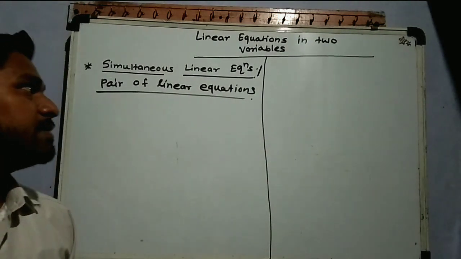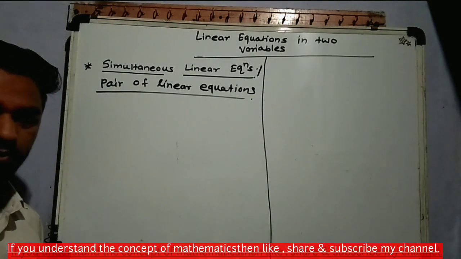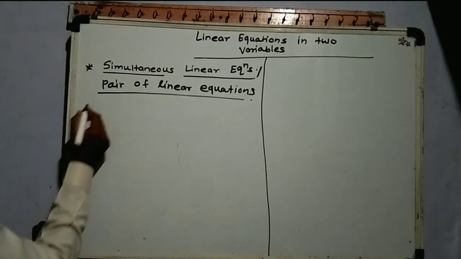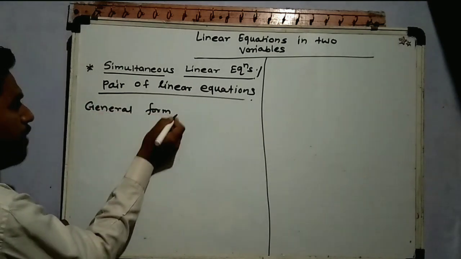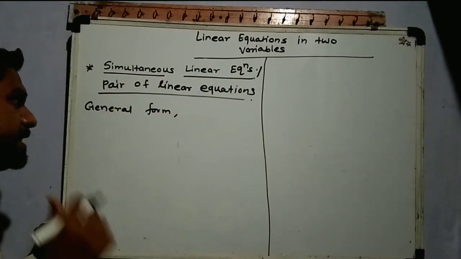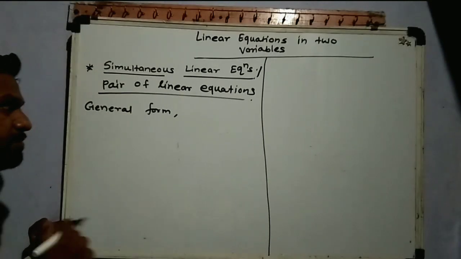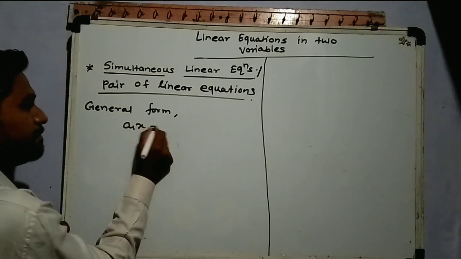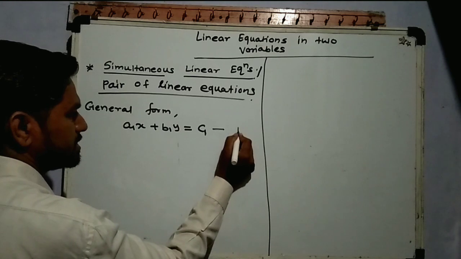Okay, so what is the general form of our linear equation? Our general form of linear equation having two variables is ax plus by is equal to c. But this simultaneous linear equation also has a general form. So see, the general form of simultaneous linear equation or pair of linear equation is, here is ax plus by equal to c, yes, that general form is there, but instead of a, b and c there is a1 x plus b1 y is equal to c1. Say it is equation number 1.